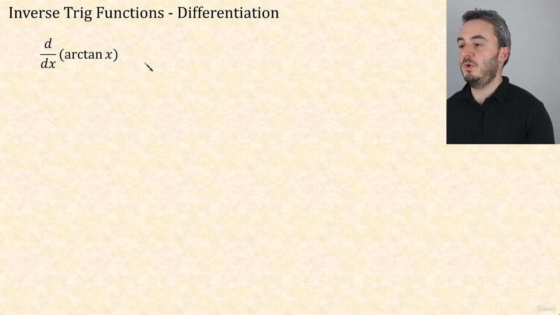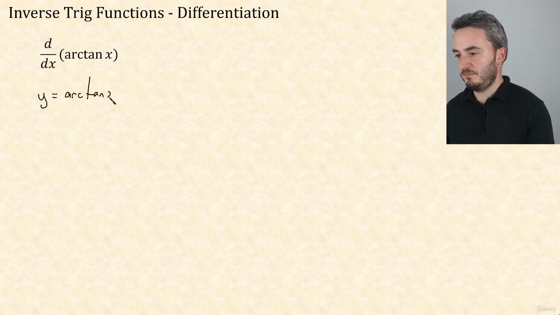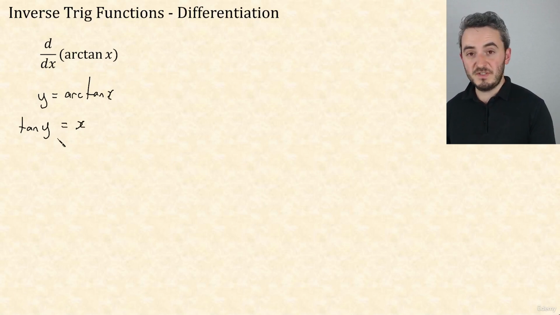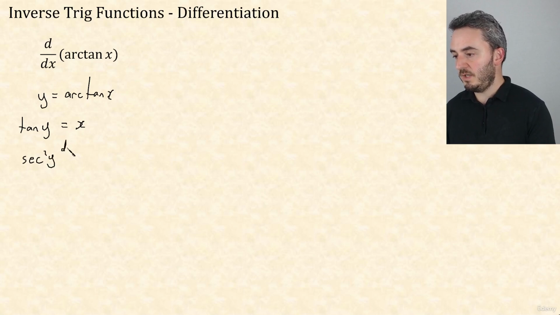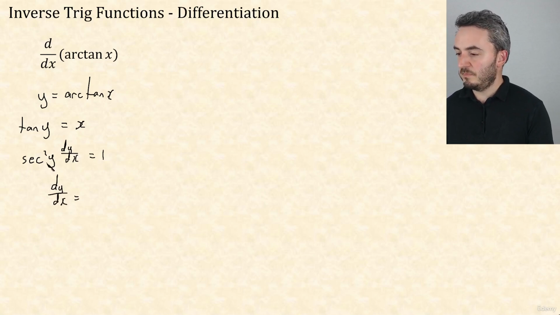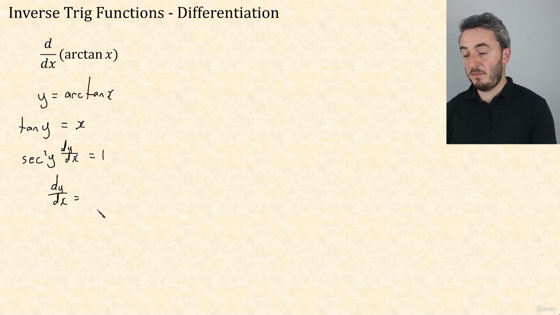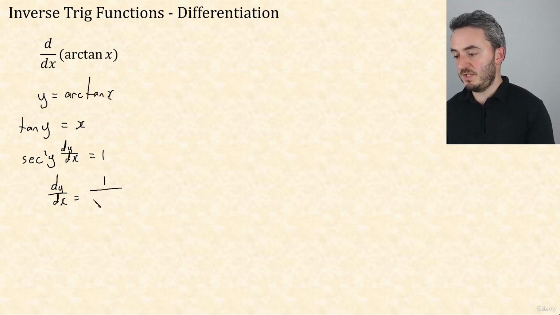Okay, finally arctan. This is probably the neatest one. Again, y equals arctan x, then tan y equals x. The derivative of tan is sec squared. So we have sec squared y dy by dx equals 1. So dy by dx is, well, you might be tempted to multiply both sides by cos squared y and have cos squared y, but actually leaving it as 1 over sec squared y is clever, because sec squared y is 1